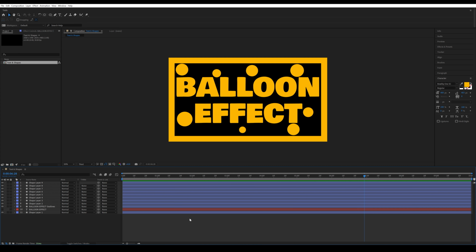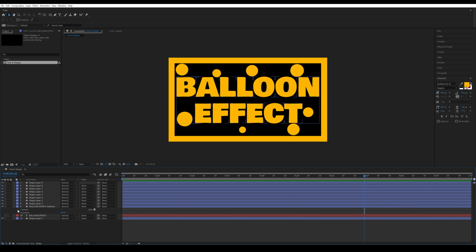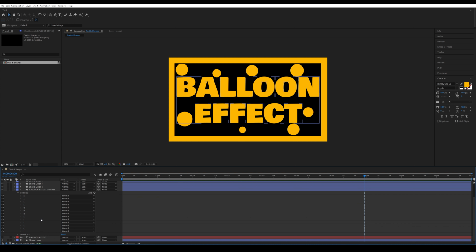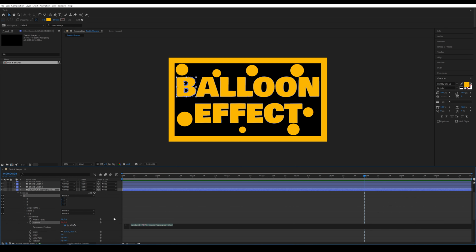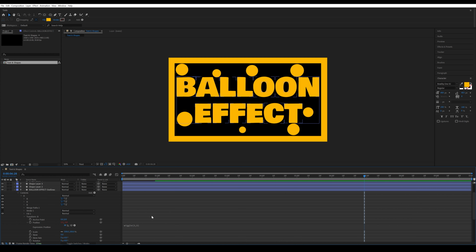Make sure you have that wiggle effect still copied, and what we're going to do is open up that text effect, go to contents, and now you should see each individual letter here. This part might take a sec, depending on how many letters you wrote, but what we're going to do is open up each letter, go to transform, find that position stopwatch again, and do the same thing that we did with the shapes. So you're just going to alt click it, or command click if you're on Mac, paste that expression in there,